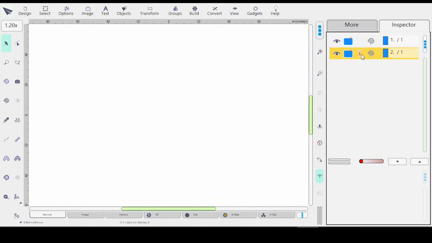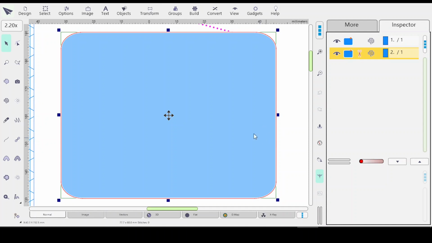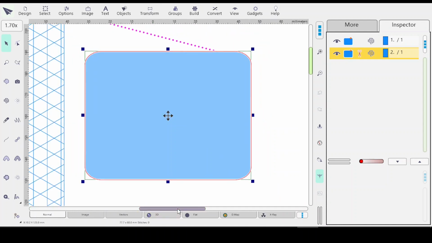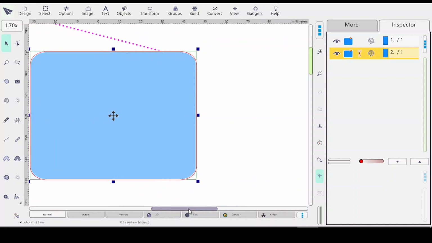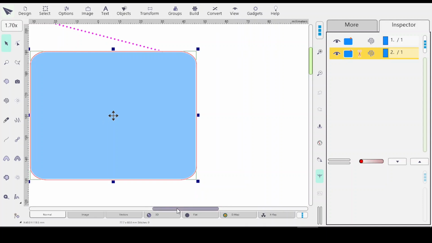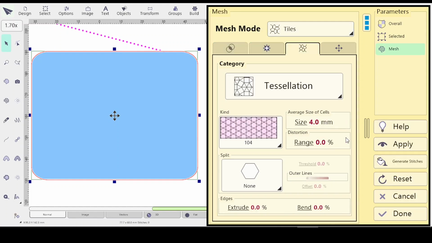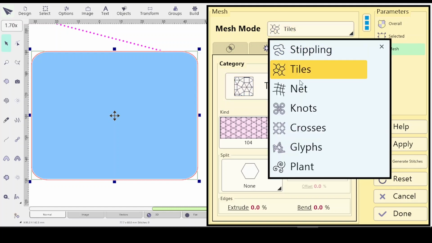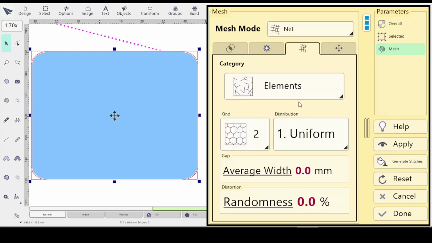Now let's go back into this. I'll hit Control 1. I'm going to zoom out and I'm just going to move it over till it's halfway between this flat tab. I should be able to see it there, but I can always move it now once I go into params. And let's see what I did. Okay, it's showing the tessellation instead of the stip that I was working on. So I'm going to go back into Net,